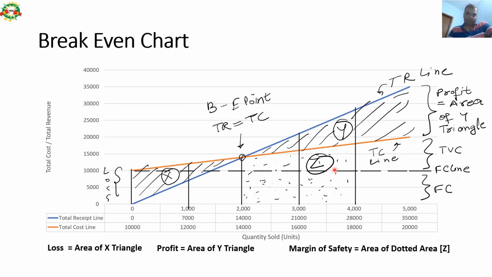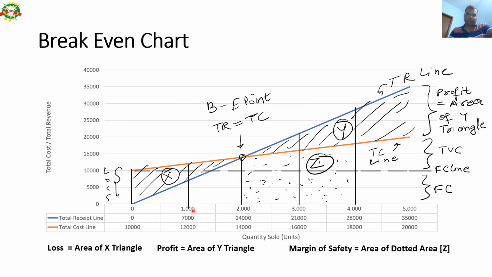fixed cost of this factory, then you have to simply check which is the TC line, total cost line. So the lower point of the total cost line is nothing but fixed cost. So this amount is fixed cost, right? And this will be the total maximum loss at 0 quantity also. So fixed cost is the maximum loss which the company can incur if it starts producing 0 quantity. That is another question which the examiner may ask.